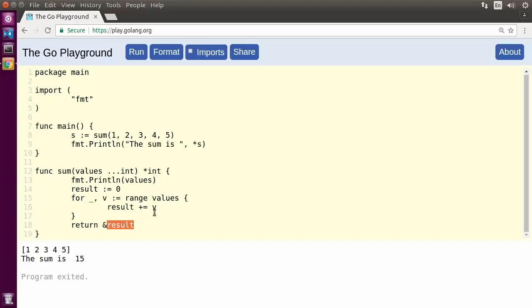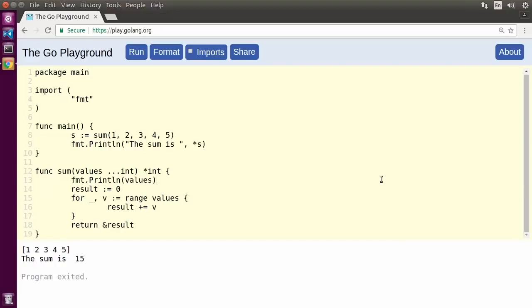And it makes a lot of things more convenient because within the function, we can work with this as a true value, so we don't have to worry about dereferencing pointers. And then just right at the end, we can return the address of the result, and the runtime makes it all work for us. Another thing that we can do in the Go language, and this isn't done very often,